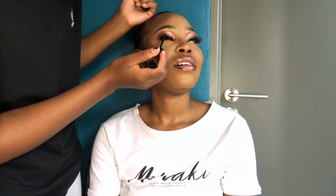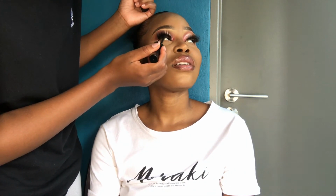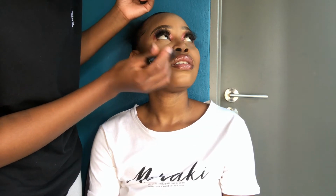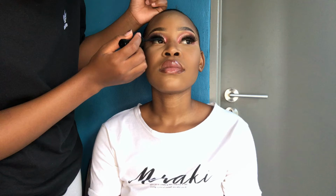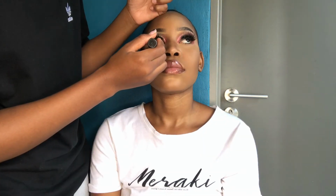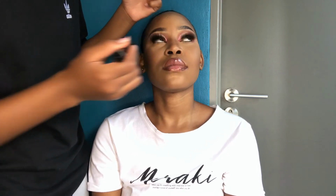So yeah, another tip, guys, is to always make sure that you blend your false eyelashes with the natural lashes, so that it doesn't look a bit crazy and there's no separation. Sometimes I forget to do this and Renee always reminds me because it shows in the pictures. So mascara is a little bit hard, and as you can see here